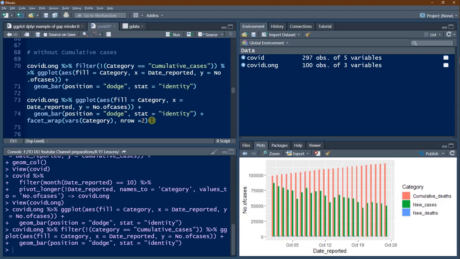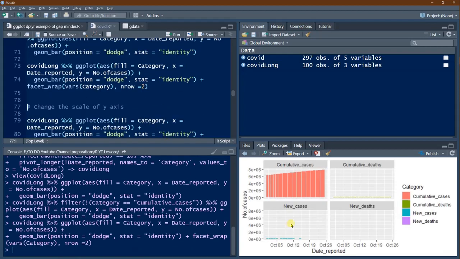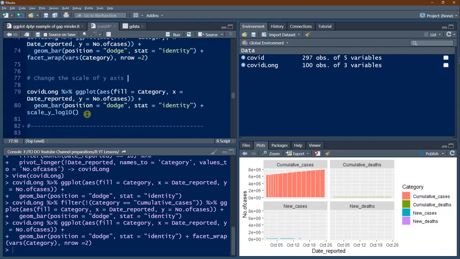Let's see whether individual facets will help. So facet_wrap, by category, nrow is 2. When we do this, we find that again the scales are the same for all facets, so it's not really helping. Then the only option we have got is to change the scale of the y axis to log, and that's what I have done here.